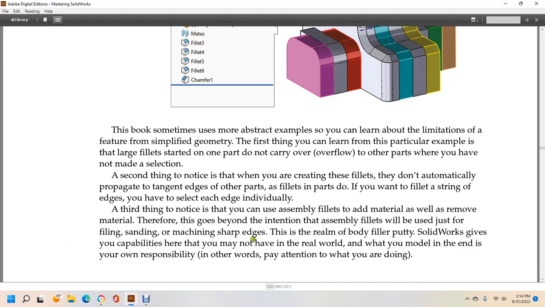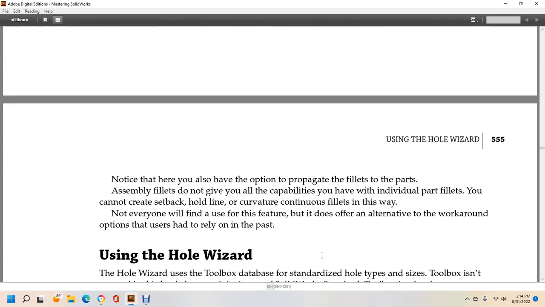SolidWorks gives you capabilities that you may not have in the real world, when your model end is in your own responsibility. In other words, pay attention to what you are doing. Notice that there's also the option to propagate the fillets to parts. Assembly fillets do not give the capabilities of individual part fillets. You cannot create break setbacks, hold line curvature, or continuous fillets. In a way not everyone finds use for the feature, but it does not